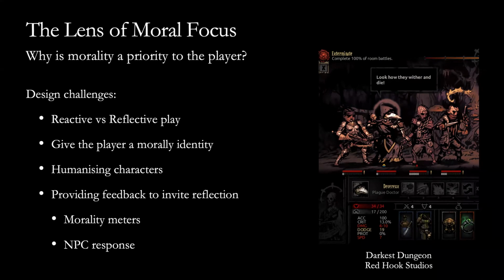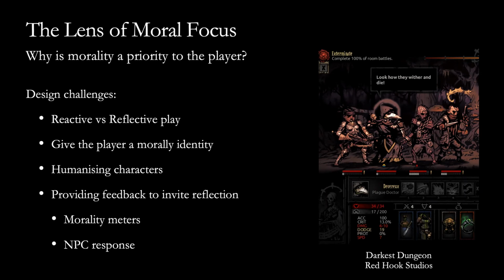A classic example is a game that I'm playing right now, Horizon Zero Dawn. In that game, there are bandit camps, and you're meant to just go in and clear out a bandit camp and kill everybody in sight. And that's reactive play. I'm not supposed to be reflectively engaging with who these people are or why I'm killing them. They're bad people, and I kill them because it completes quests. Alternatively, there are many other parts of that game that invite me to be much more reflective on the choices that I'm making, and invite me to really consider not just is this going to help me win the game, but also is this the right thing to do.